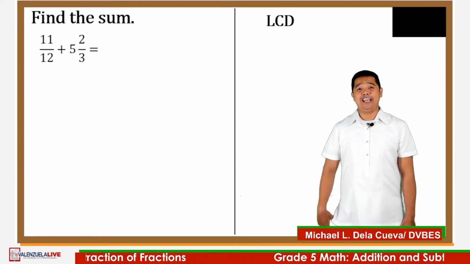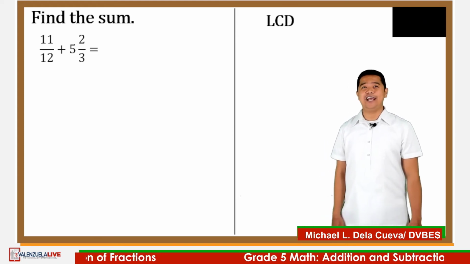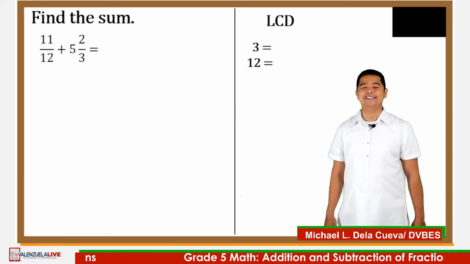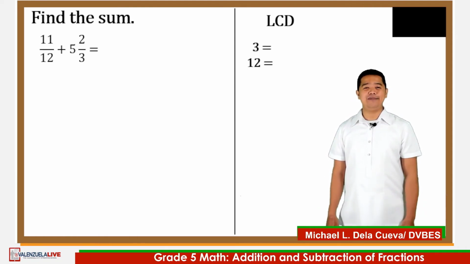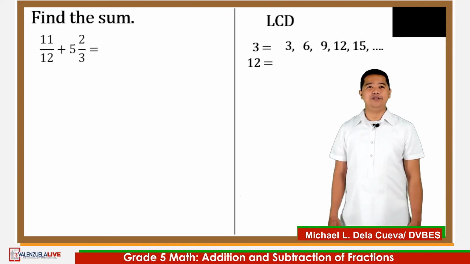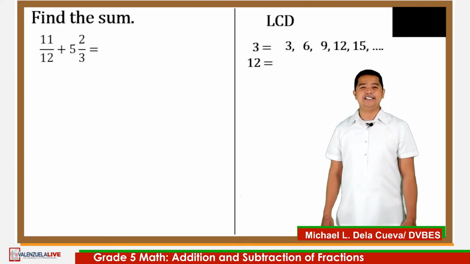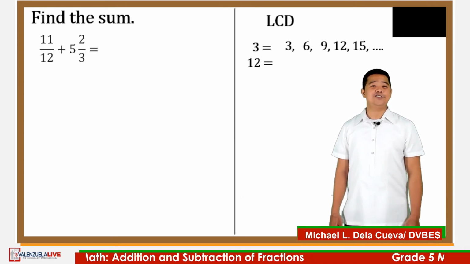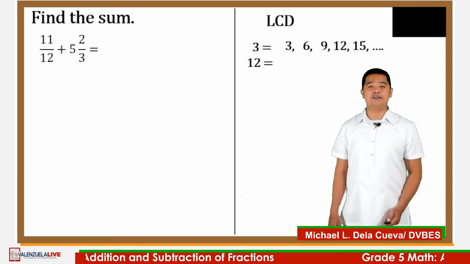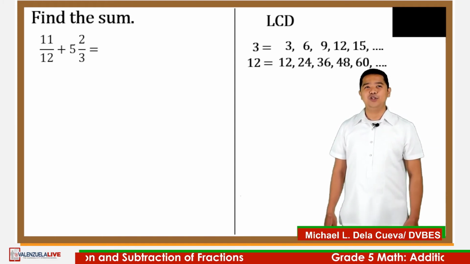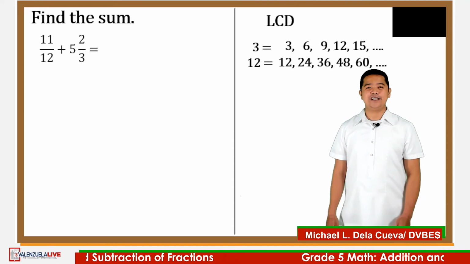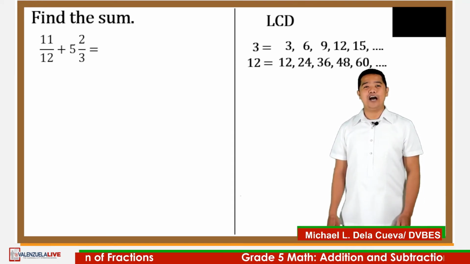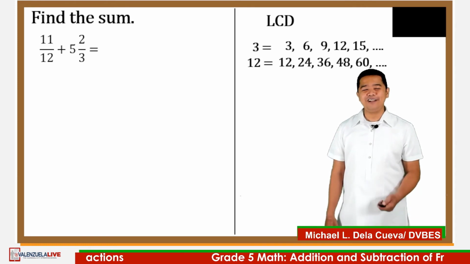Okay, let us check if your answer is correct. First, get the LCD of 12 and 3 using the listing method. We have the multiples of 3, which are 3, 6, 9, 12, 15, and so on. And for the multiples of 12, we have 12, 24, 36, 48, 60, and so on. And our LCD is, very good,